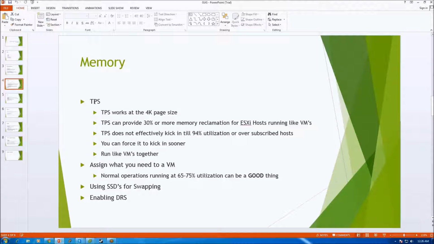So when people upgrade, they go, oh, my hosts are running higher memory. And running higher memory is not a bad thing if your virtual machines are tuned to the proper amount of memory. The problem is where people start freaking out, but I'll get into that, I don't want to get too far off track. Basically, TPS isn't going to kick in until around 94 or 92%, when the host is oversubscribed in memory,